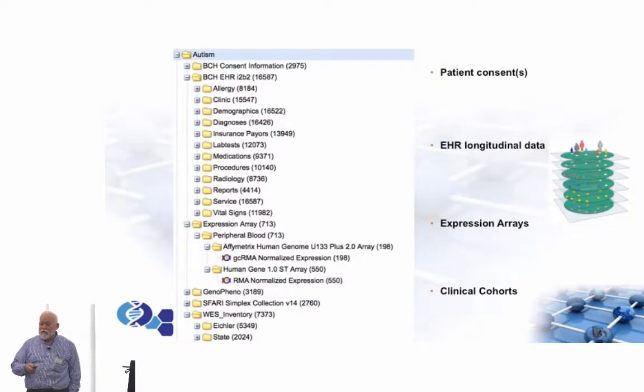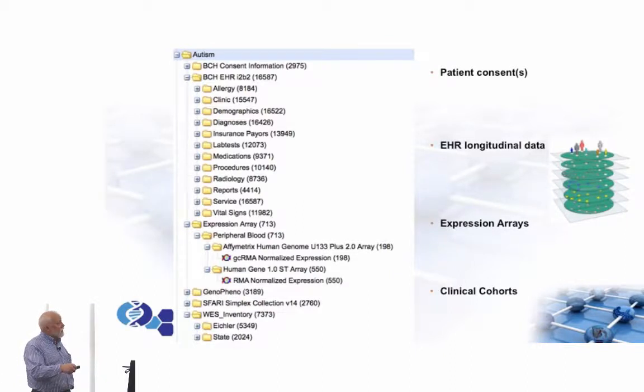The idea is that we have all sorts of different data in many different layers that we can integrate using the patient as the GPS coordinate. So as Google Maps uses the GPS coordinate to integrate your restaurants and your museums and your hotels and all these different layers of information, we use the patient ID to link all the data around patient consents, all the longitudinal data, expression arrays, clinical cohorts, imaging analysis, etc. So these are the types of data that one can collect.